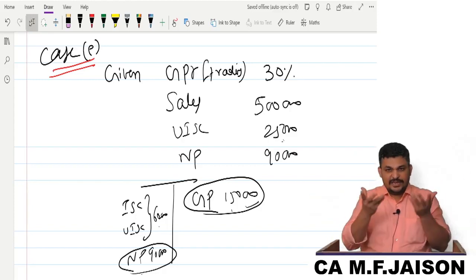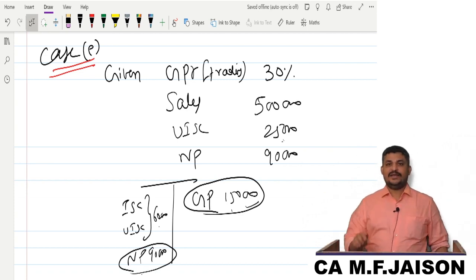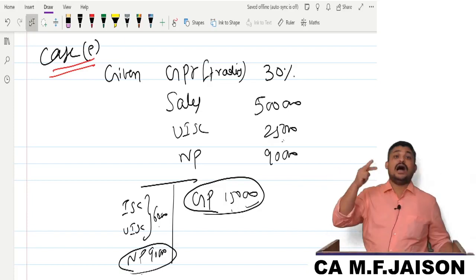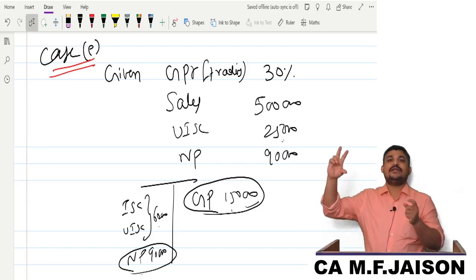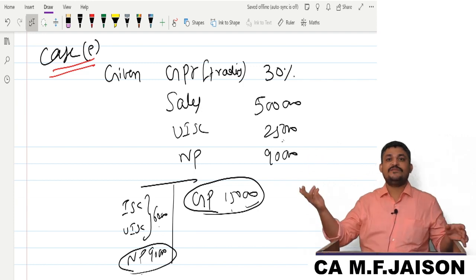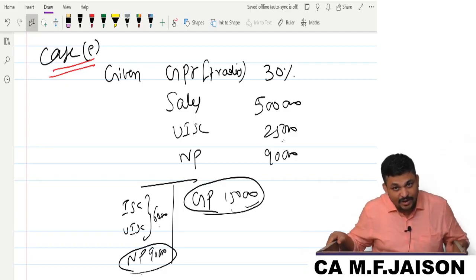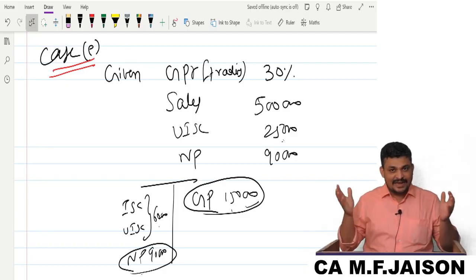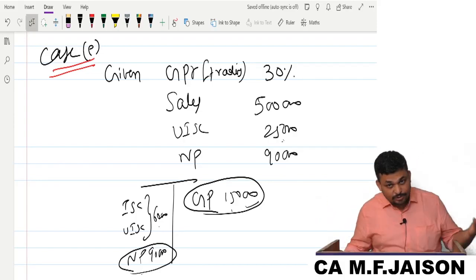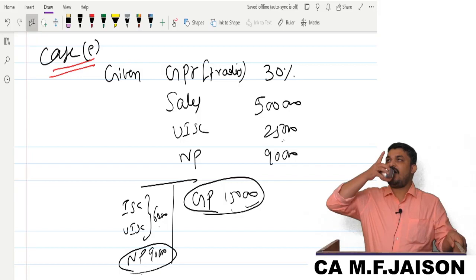Suppose in that business there are no uninsured standing charges. Then it becomes so simple. It is insured standing charges minus net loss. Only if you have uninsured standing charges will that proportion application make sense. Otherwise there is no difference between insured standing charges and total standing charges. Only when you have uninsured standing charges is there a difference between insured and total standing charges. Like that, you should understand the concept.